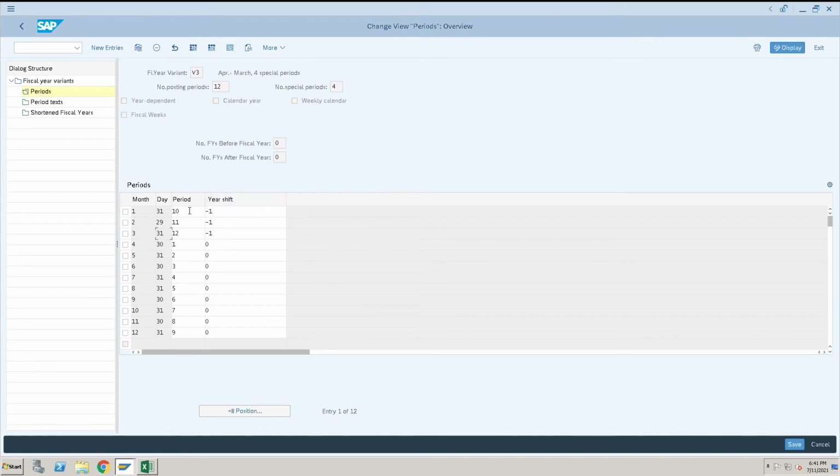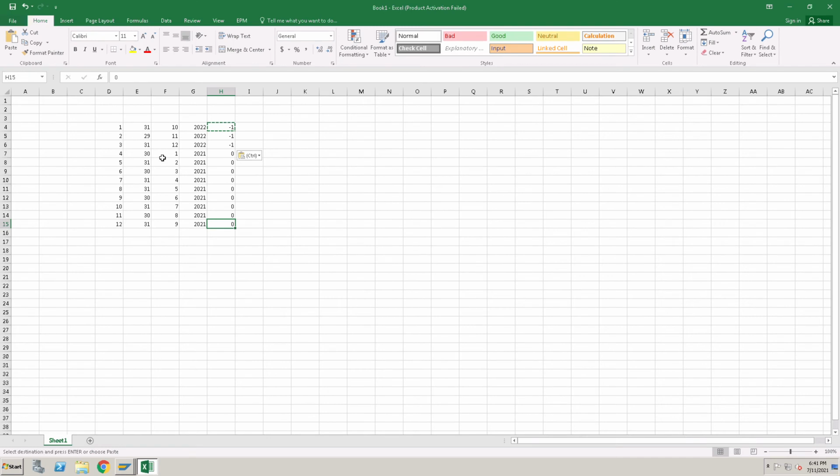Now period we already discussed. The 4th month is my calendar year's 4th month, but my financial year starts with the 4th month. So that is the reason I have considered that as the first month. So in SAP, whenever we post anything in the April month, that will be posted under the first month of the financial year.